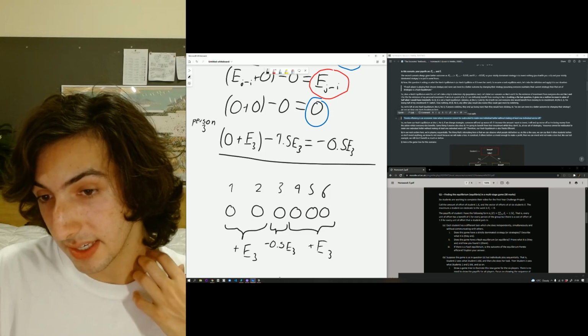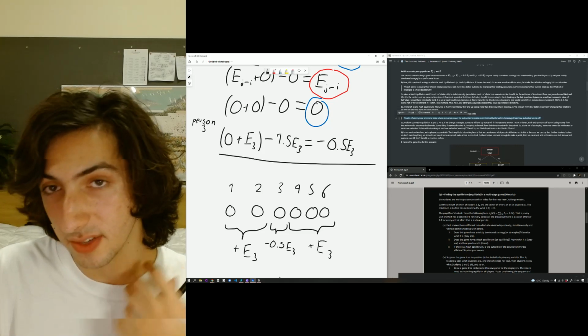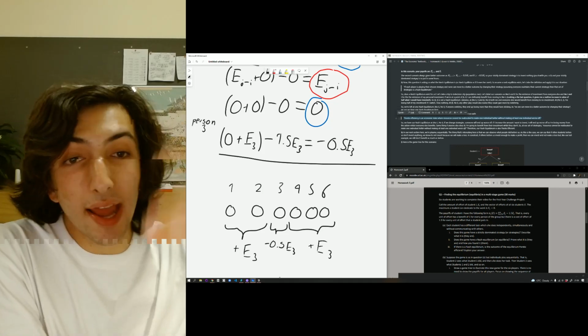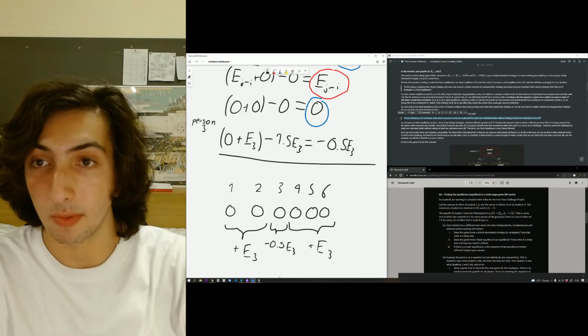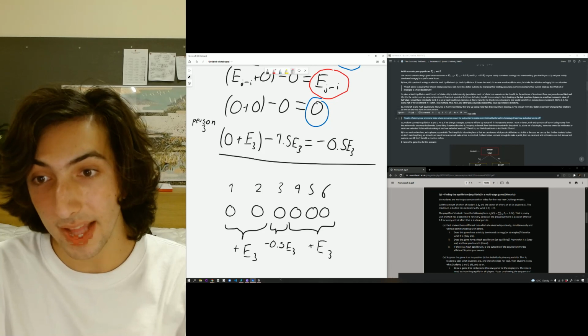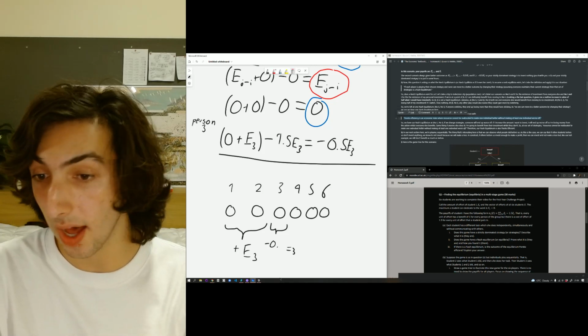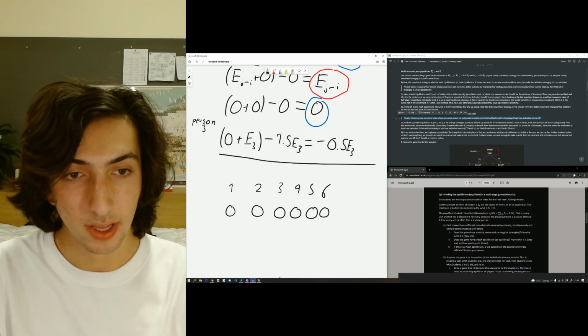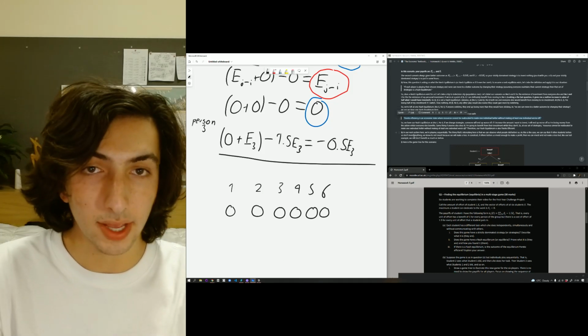Yes, it is 4.5. But the thing is, they are getting worse off. So anything we do will make someone worse off. So we can say it is Pareto efficient, because we can't change strategies without making at least one person worse off. So let's go over number 1 again.